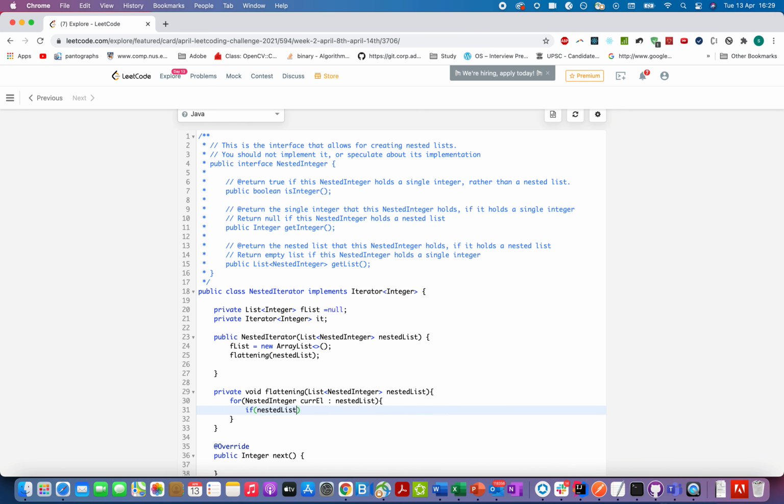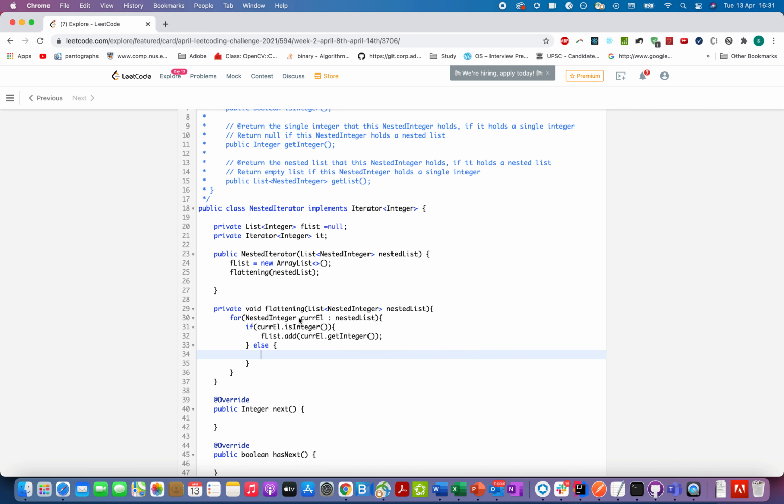If current element is integer, so that's the helper method already present in the nested integer interface that is given in the question. If this happens to be integer, I'll simply add the current element into f list. F list dot add current element dot get integer. Otherwise, the current element is of type list. I'll recursively invoke the flattening function on current element dot get list, because this happens to be of type list.